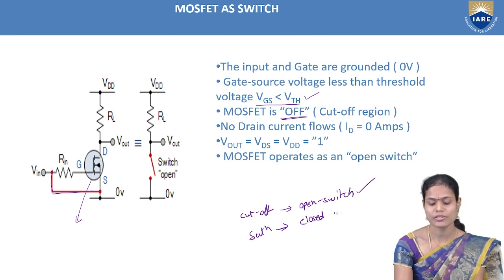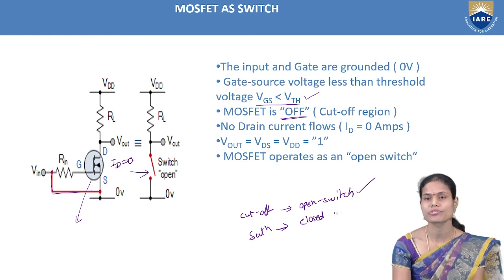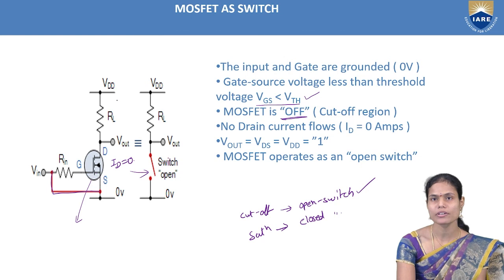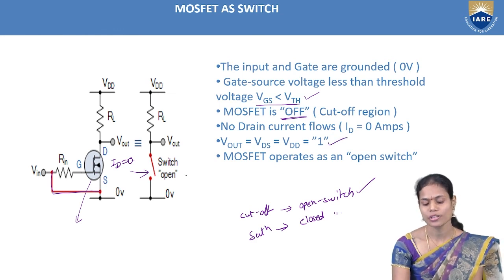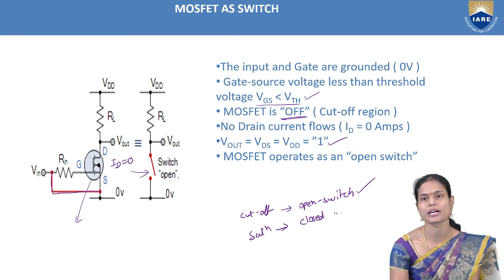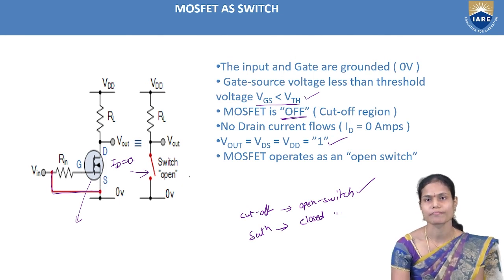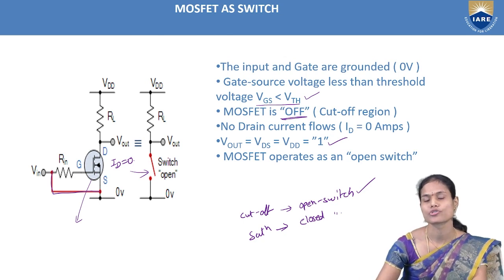Once the MOSFET is in the cutoff region, no drain current will be flowing here. Drain current not flowing means we can say it is an open switch. It is not providing any voltage or current, so we can say it acts like an open switch. But what is our output? Whatever supply voltage, that is VDD, we are providing, we will get it as the output here. So in this situation, we can say the MOSFET acts like an open switch. The conditions are that the input should be grounded and we should maintain the gate to source voltage less than the